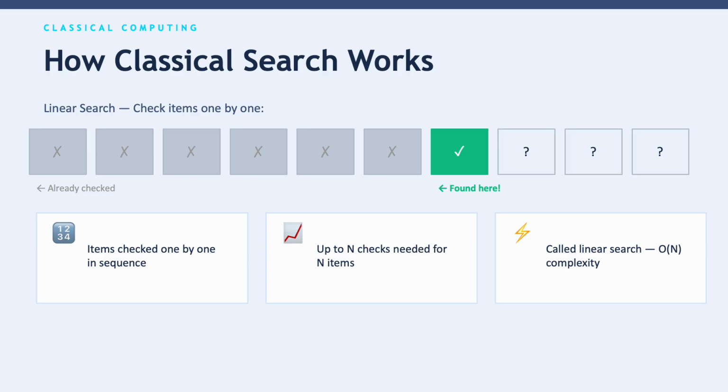This process is called linear search, and it's actually very simple and reliable. The problem is that it does not scale well. As the list gets longer, the number of checks grows at exactly the same rate. Double the list size and you double the time it takes. For a list of 1,000 items, a classical computer might need up to 1,000 checks to find the right one. That's manageable, but if the list is in millions, as I discussed earlier, this is where things start to get